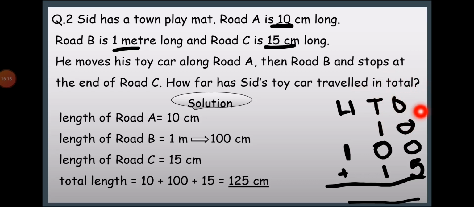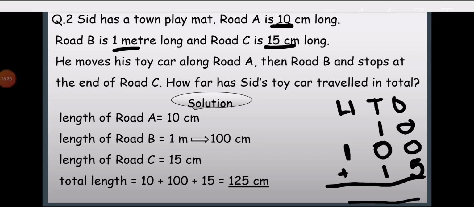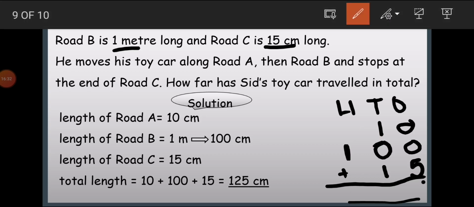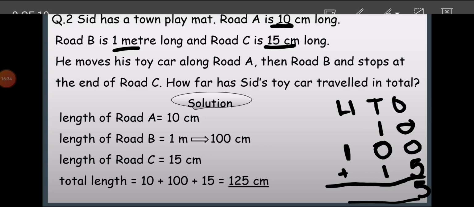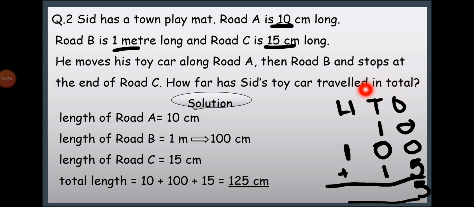And which is the smallest value? Yes, ones is the smallest value. So we'll start from the ones. Now, how many ones? In the first number 0, in the second number 0, in the third number 5. So 0 plus 0 plus 5. The answer is 5. 0 means nothing. So the answer is 5. Now, we will add the next